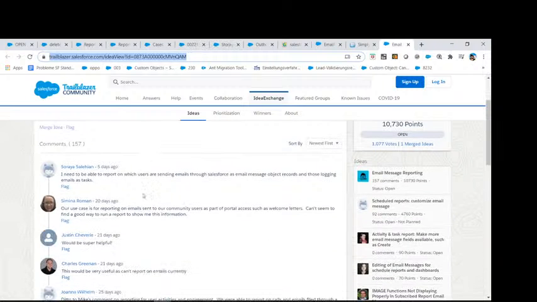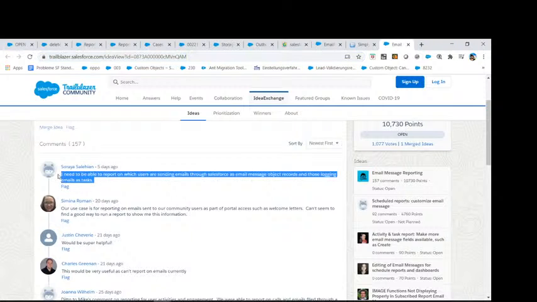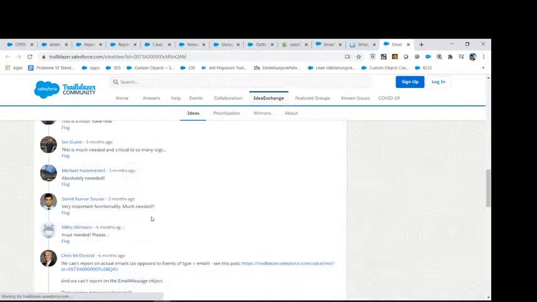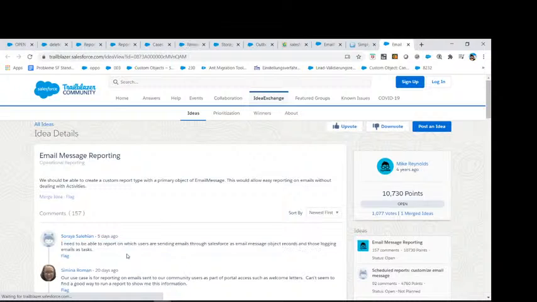I need to be able to report on which users are sending emails through Salesforce as email message object records, and those logging emails as tasks. I would say we will take the issues one by one. That's going to be the technique, in my opinion.